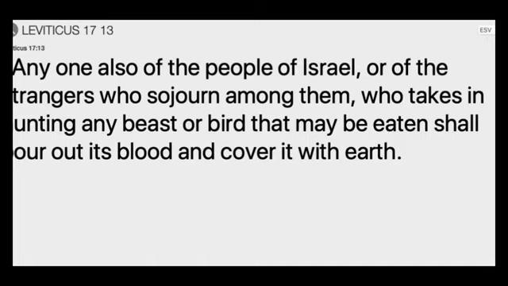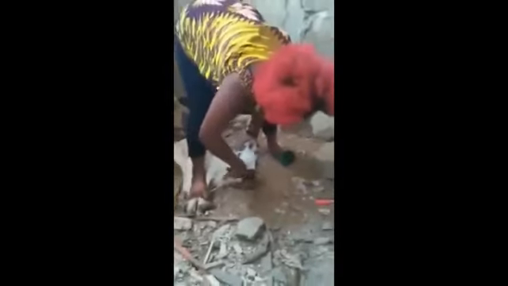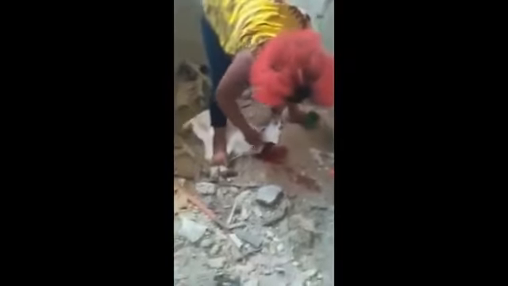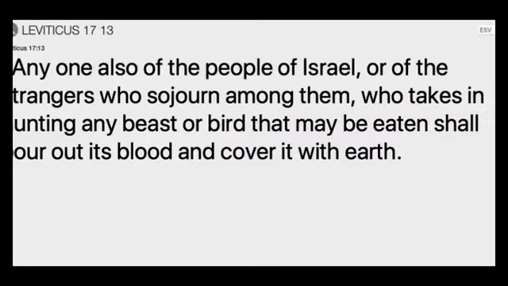He's talking about this passage here. He's talking about the slaughtering of animals, and this is exactly how it's done in Africa. If anybody who's living in Africa is watching this, then you know what I'm talking about. The slaughtering of animals, goat, sheep, or roosters, or anything like that. That's how it's done in Africa.